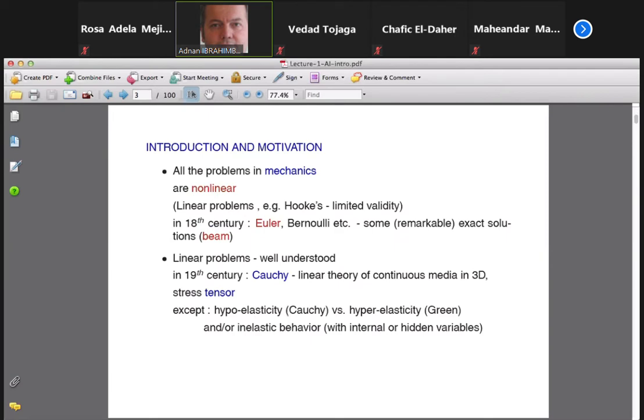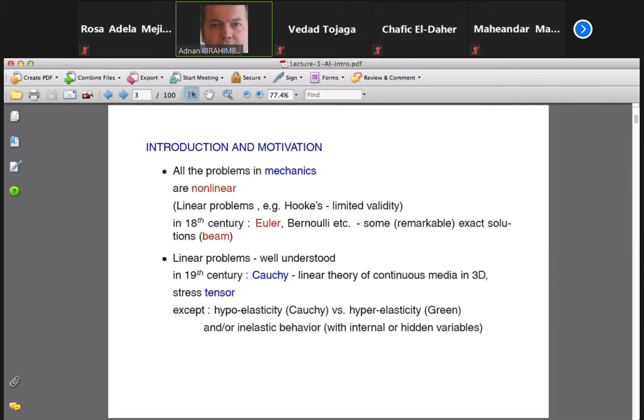So the philosophy goes as follows. All the problems that we want to solve nowadays are really nonlinear. Linear problems, that means you're talking about Hooke's law, have a very limited domain of application and very limited interest in terms of the type of problems that we want to solve. And nobody is paying, unfortunately, anymore to solve just a simple linear problem, like used to be the privilege of early